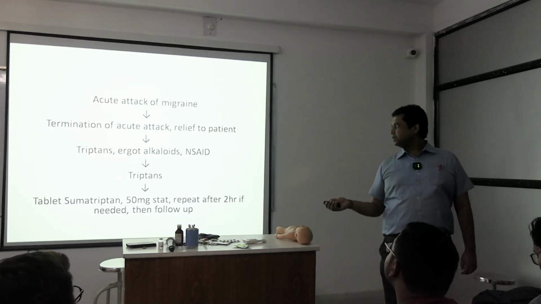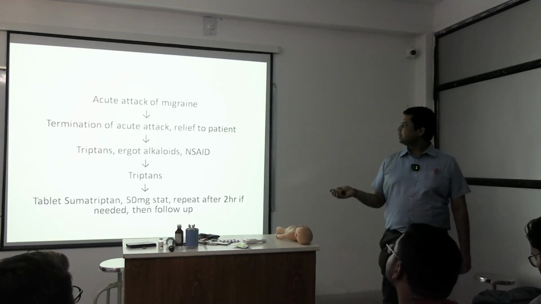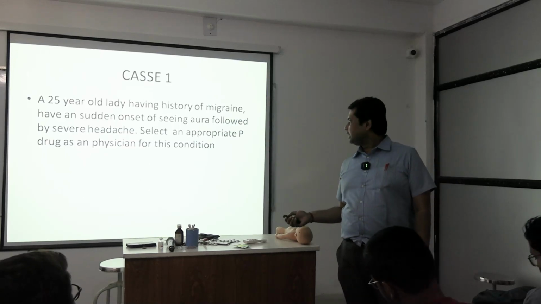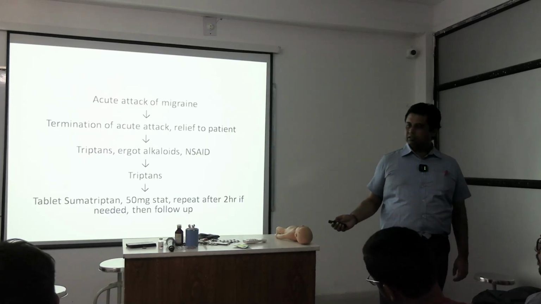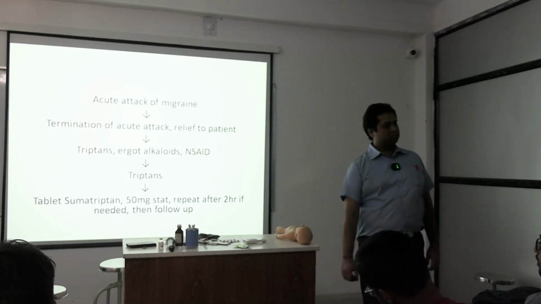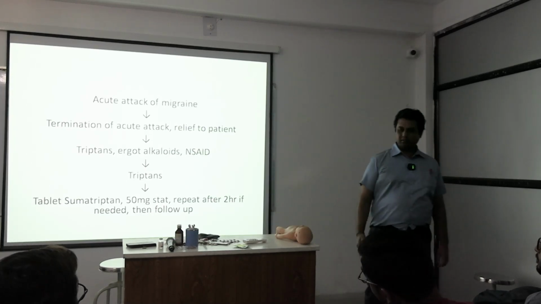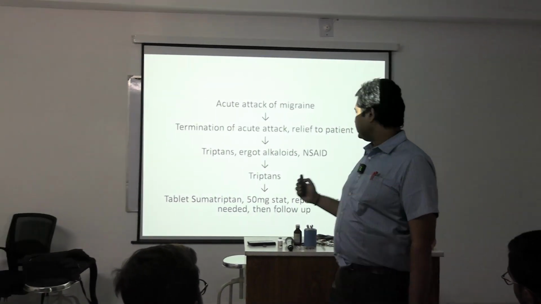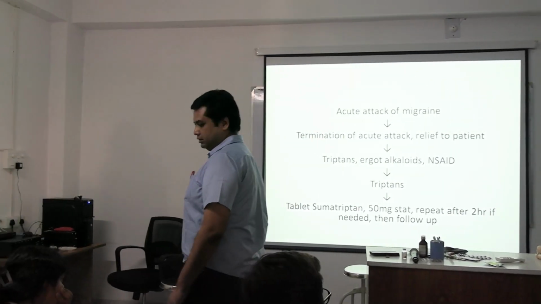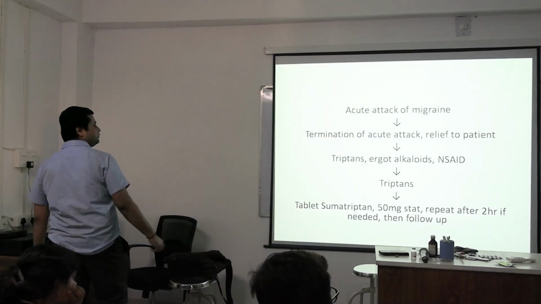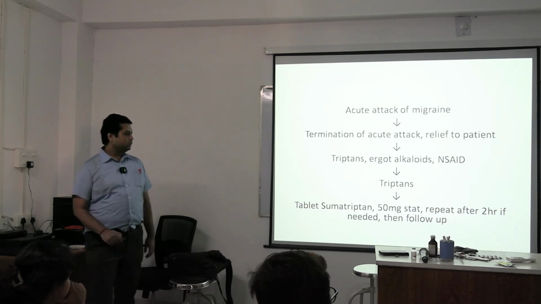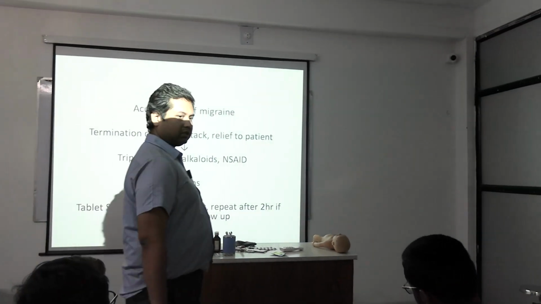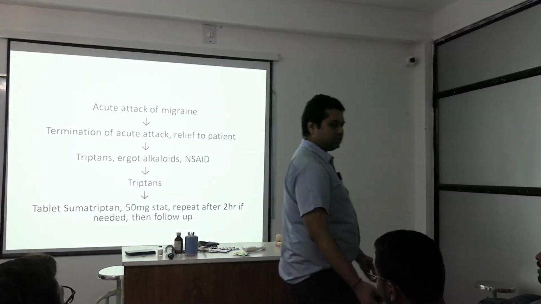Sorry, what options do we have? Triptans, ergot alkaloids, NSAIDs, ঠিক আছে. So it's a severe headache, ঠিক আছে. So what drug do we choose? Triptans. Then of all the triptans, most effective is Sumatriptan. তাহলে formulation is tablet Sumatriptan 50 mg stat, repeat if needed, ঠিক আছে. হ্যাঁ, স্ট্যাট মানে ইনস্ট্যান্টলি,